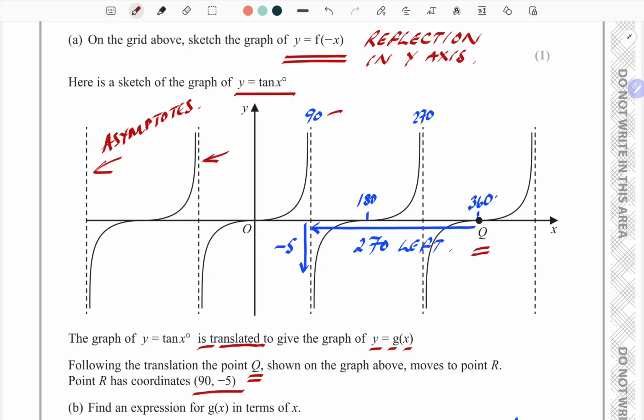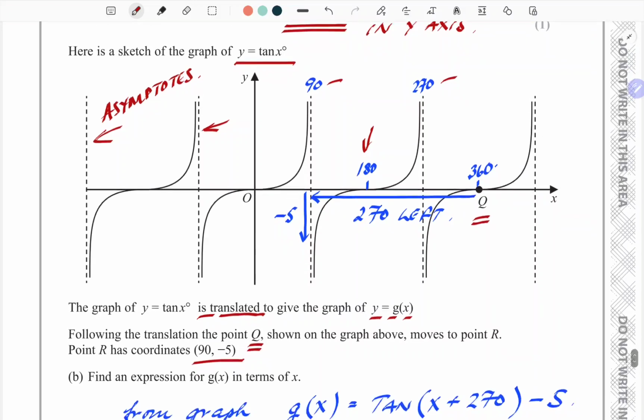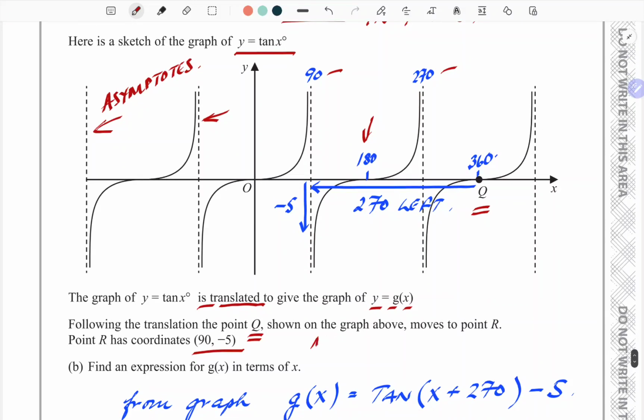We have 90 there, 180 there, 270 is the second asymptote, and where Q is, that's at 360, as I've labeled. So we want Q to move to 90. Now, if you move left,